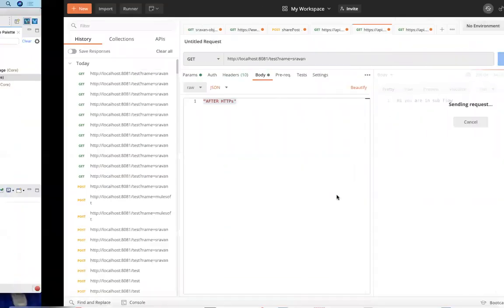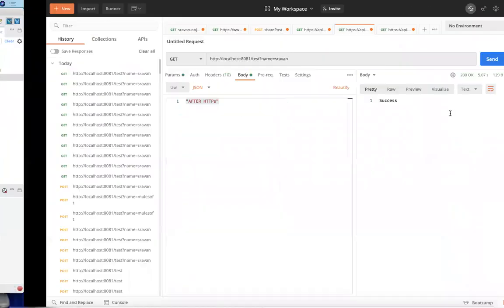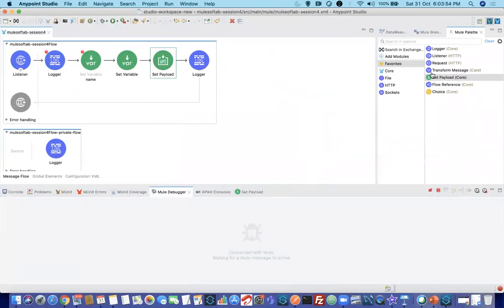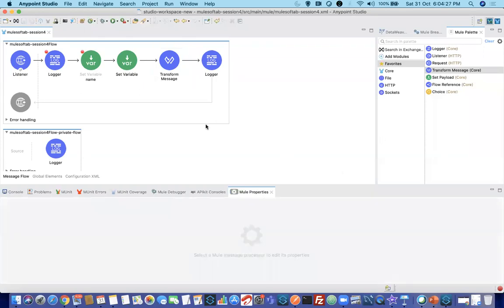When you send the request here and I hit next, you can see it is saying success. Now what if I remove this payload and drag and drop transform message? By default, this is how it looks. DataWeave is the language where you can write the syntax and do transformations. DataWeave is our next session, which is very important. That is where most of our work will rely. Next session, don't try to miss it. I am removing everything currently and saying success. Just hover it and save it.